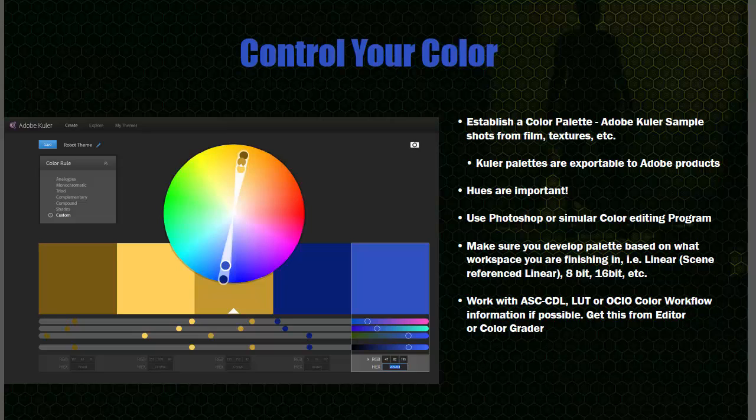Okay, well, we're going to begin with our next section here of part one. And this next section is entitled Control Your Color. Okay, so yeah, it's pretty self-explanatory. What you need to be able to do is control the colors that you're using for your objects in CG